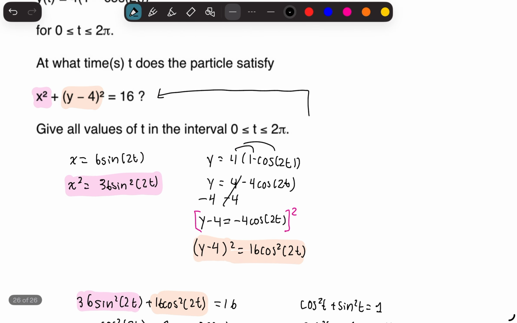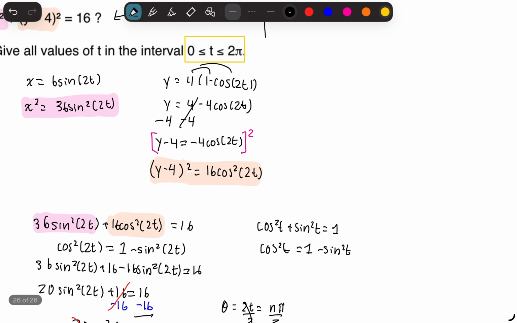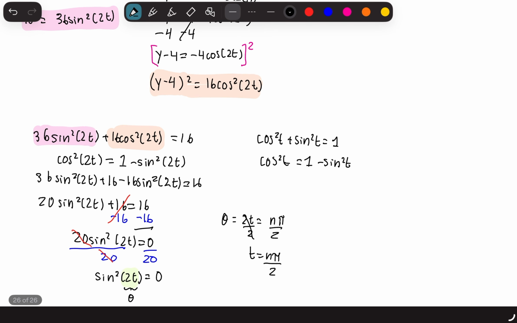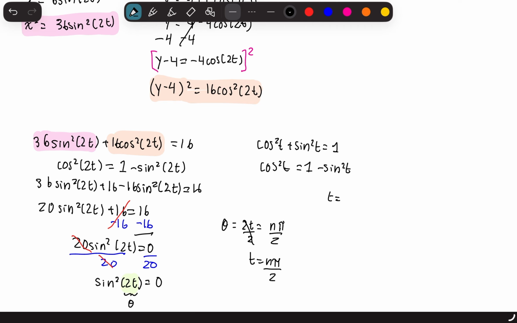Now, our restriction here is 0 is less than or equal to t is less than or equal to 2 pi. So our value has to be less than or equal to these values or in between it. So our values are going to be t is equal to 0,